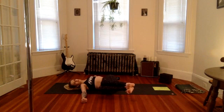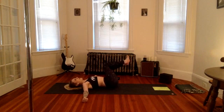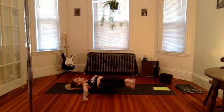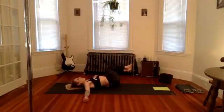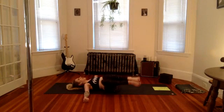Flex the feet. Knees lift up and then to the left, leaning onto your left hip and not lowering down onto that left knee. Using your obliques here, lifting up to the right. Inhale, center, exhale, left. Keep going side to side, inhaling to center, exhaling to the side